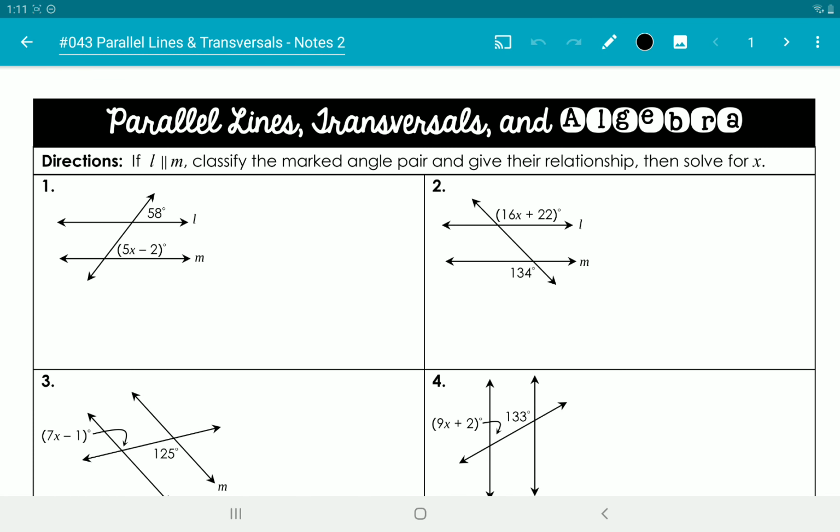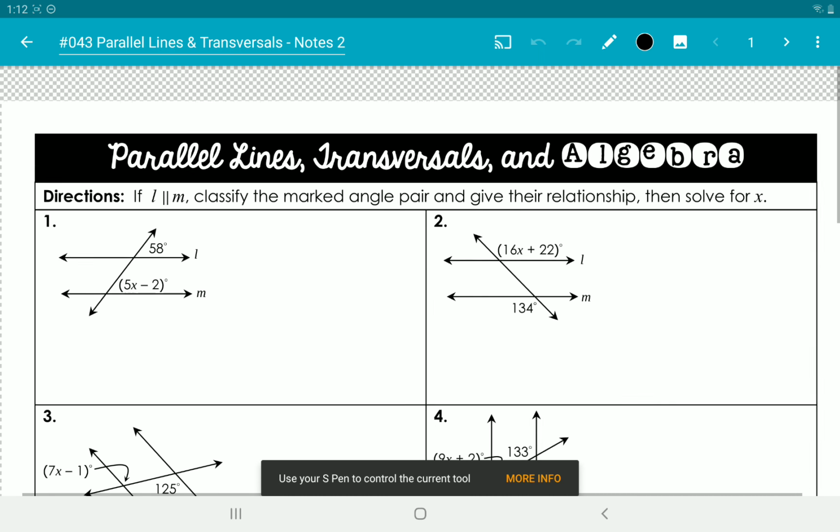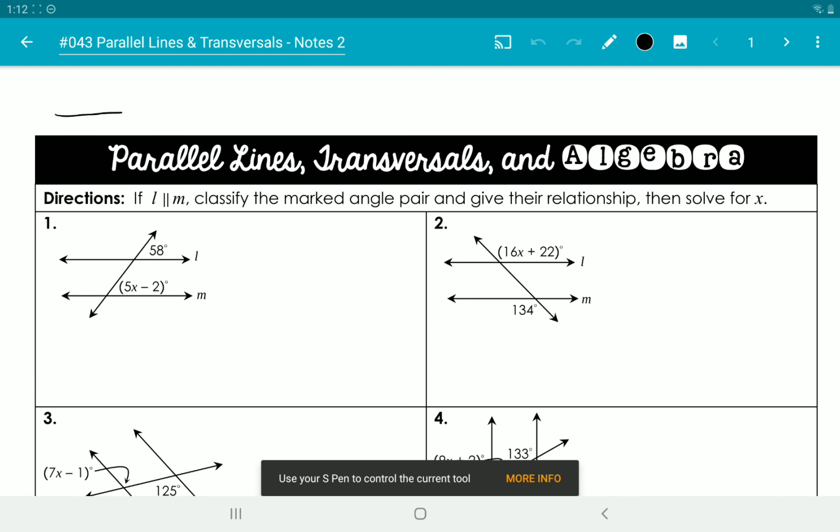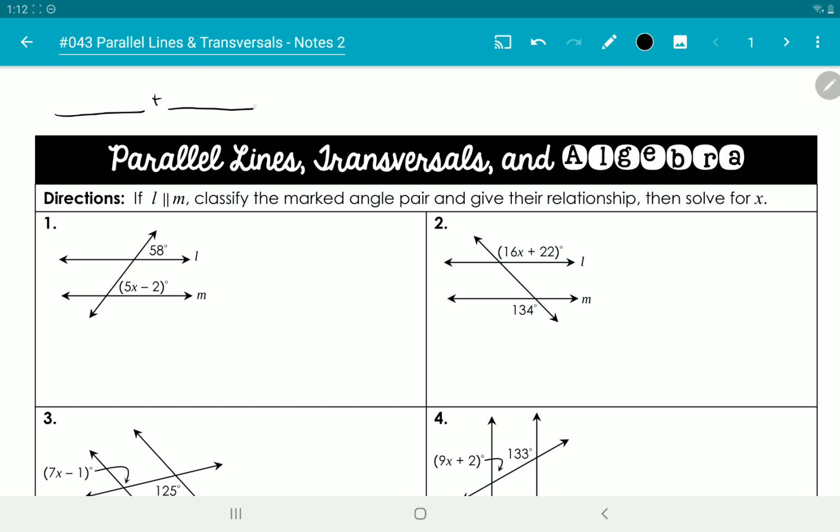Hey guys, so today we're going to be looking at parallel lines that are intersected by a transversal. So you're going to have two parallel lines or more. It's going to be intersected by another line or a transversal. And those are, again, either you're going to have the case of first angle plus the second angle equals 180,